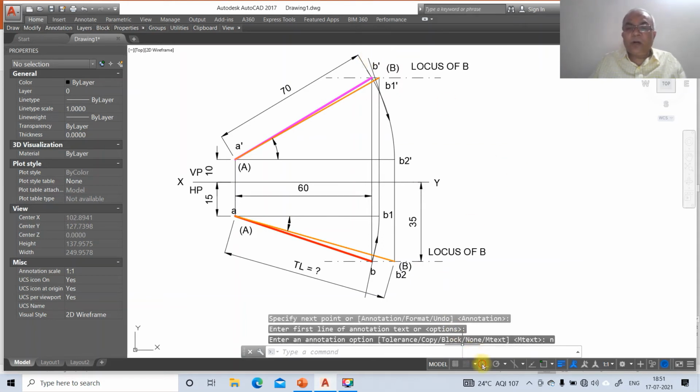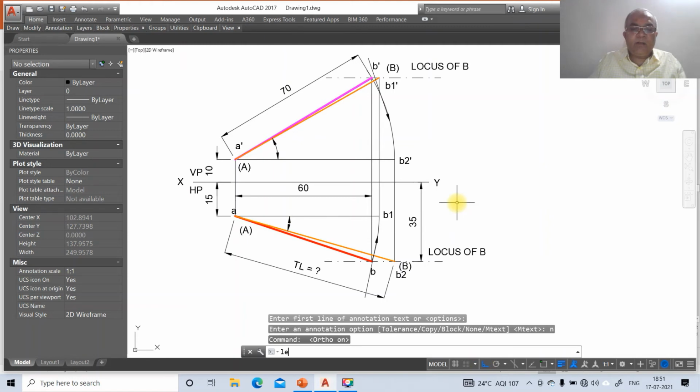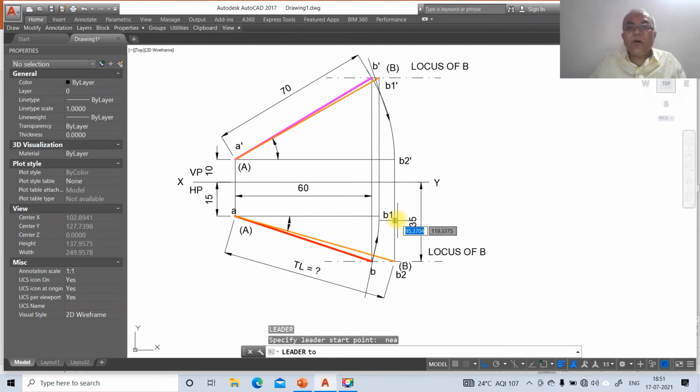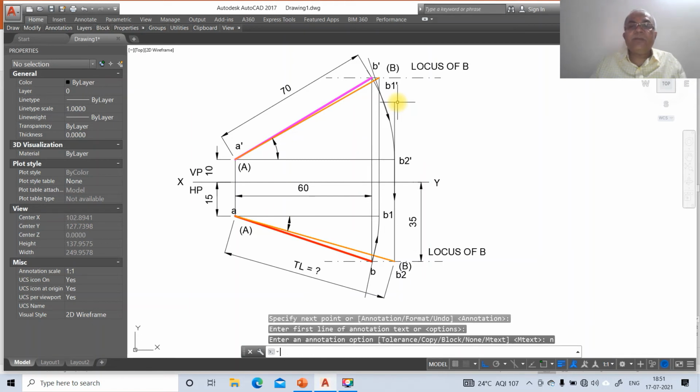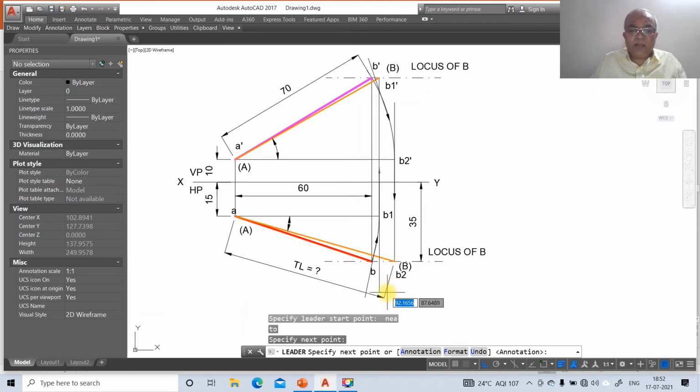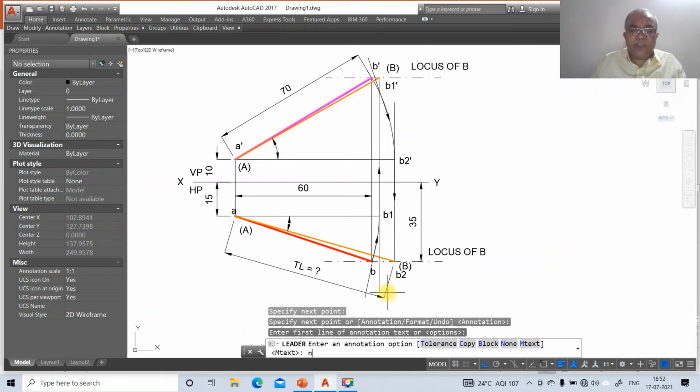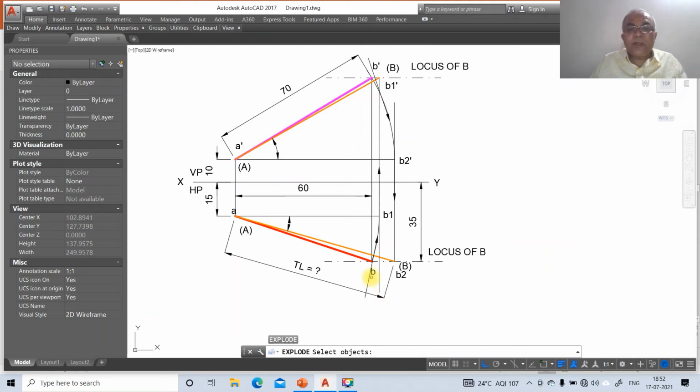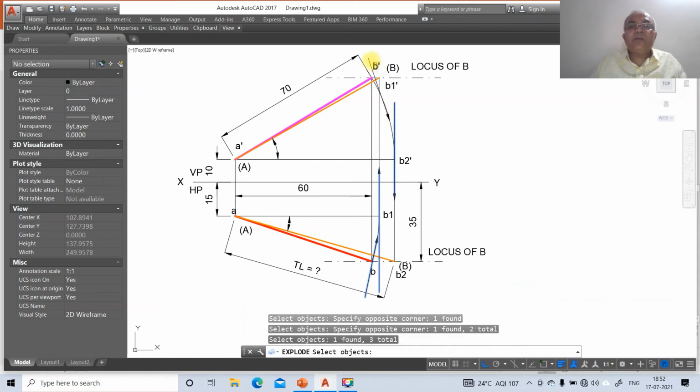Then go to ortho, then go to leader, nearest on this, and draw an annotation, option none. Similarly leader, take nearest on this and draw a vertical line, then go to annotation, options none. Now you go to explode this and explode this line and explode this line. Then go to erase this, and erase this, and erase this.